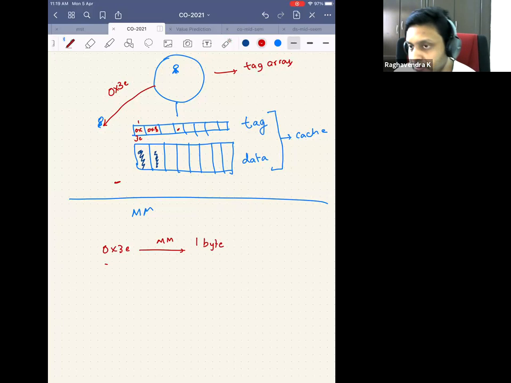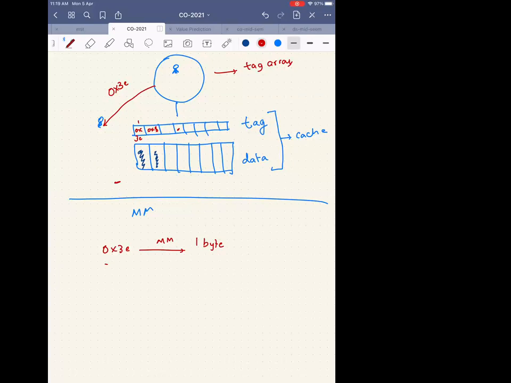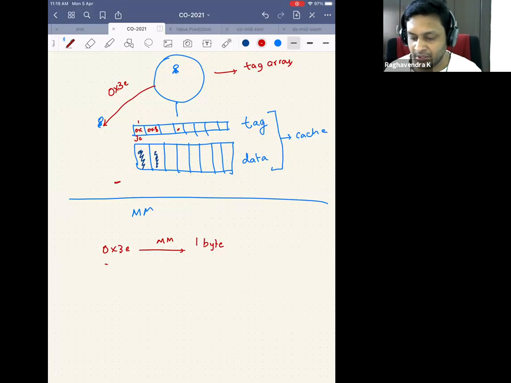Let's say your house onions are finished, so you go to the market to buy onions. Will you buy only the 4 onions required for that particular day, or will you buy 1 kilo of onions? Generally 1 kilo, right? So I'll buy either 1 kilo or 2 kilos or whatever it is. Now the CPU has generated an address 0x3, and the request has traveled so far to the main memory. Will it bring only 0x3, or can it bring more?